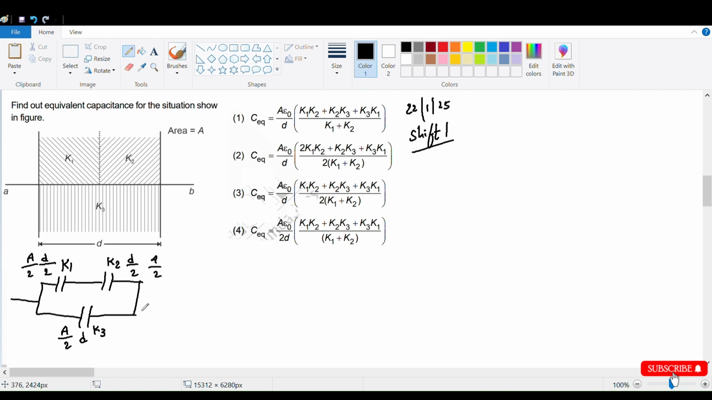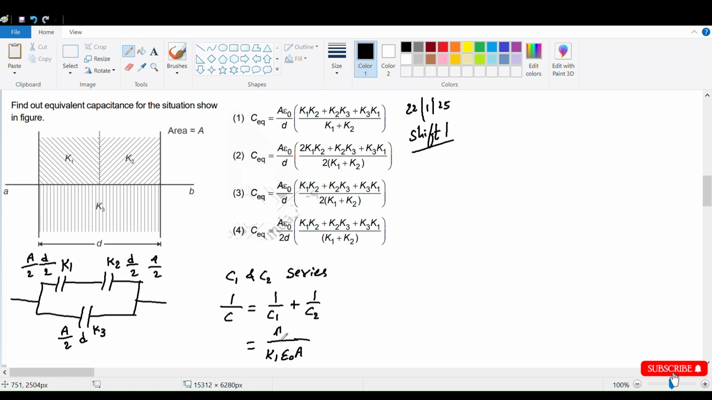So what is the resultant capacitance of these three? First, these two capacitors, C1 and C2, are in series. Series formula: 1 by C equivalent is equal to 1 by C1 plus 1 by C2. C is equal to epsilon naught A by D. For the first, it is K1 epsilon naught A by 2,